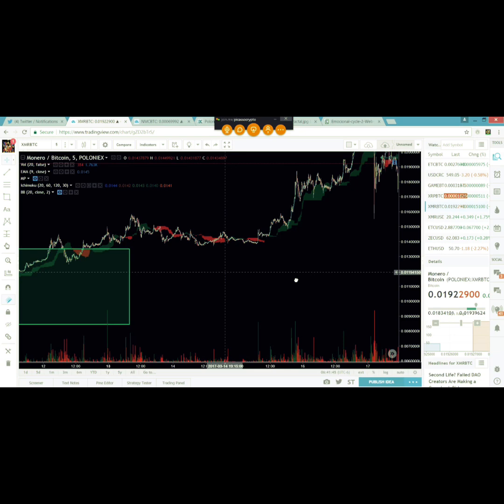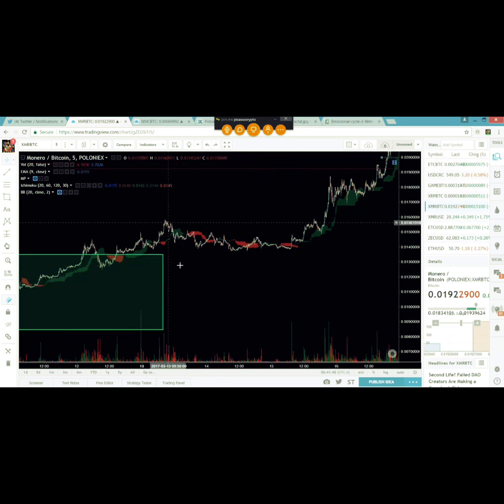Now it's really interesting because you can play this in any time frame. If you're trading, you could trade this on margin, but just these little moves like this, from here to here, that's like 12%. If you're trading that 12% in like 4 hours on margin, I think with Monero on contracts you can do 33 times leverage, or at least 20 times leverage.